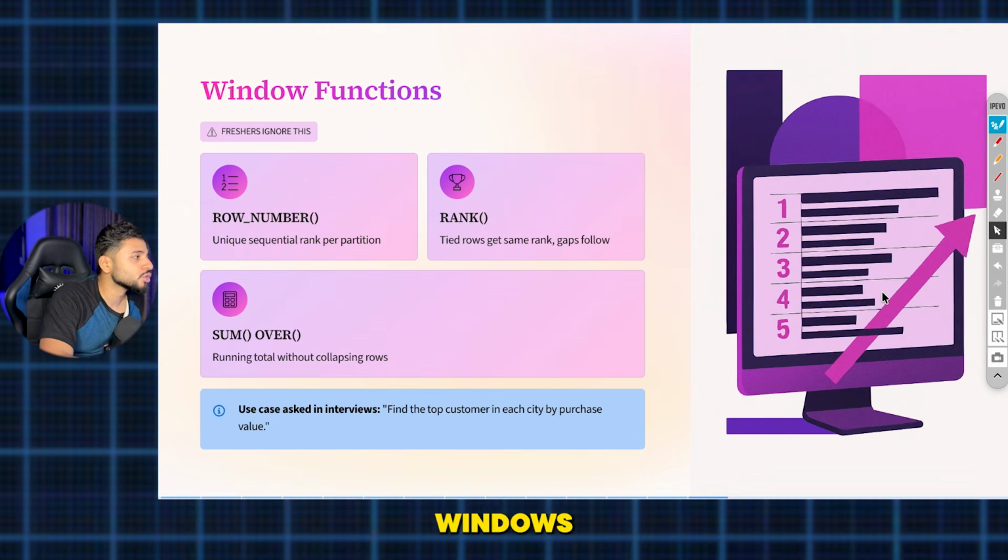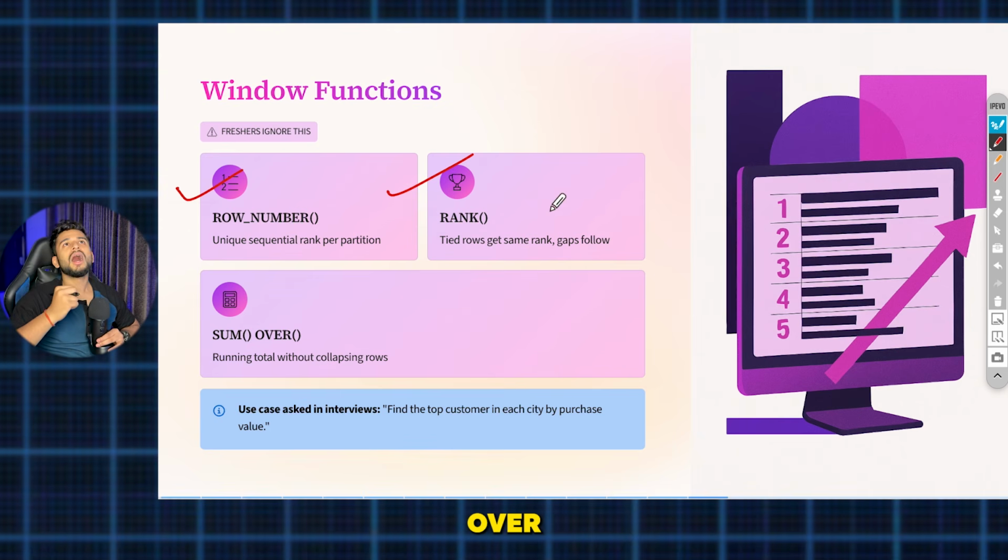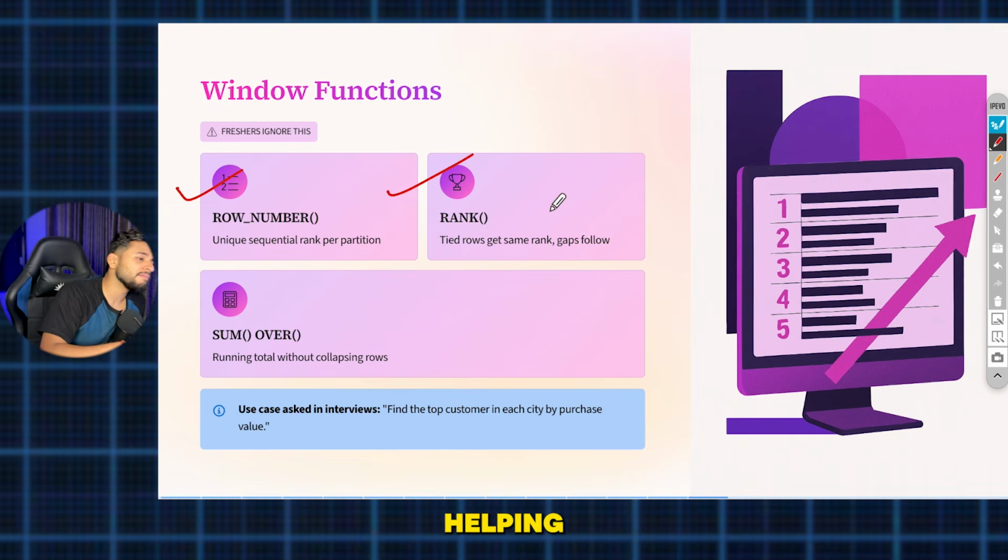Next thing is basically window functions. Window functions are very important. Many people will ignore them, and then they go to the data engineering interview and get rejected. So never ignore it. If you're not understanding everything about window functions, just take a basic idea of what exactly a window function does. The most used window functions are row number, ranking, sum over, lead and lag. If you are aware of these things, it will be helpful. And on HackerRank, go and solve some questions. It will help you a lot.